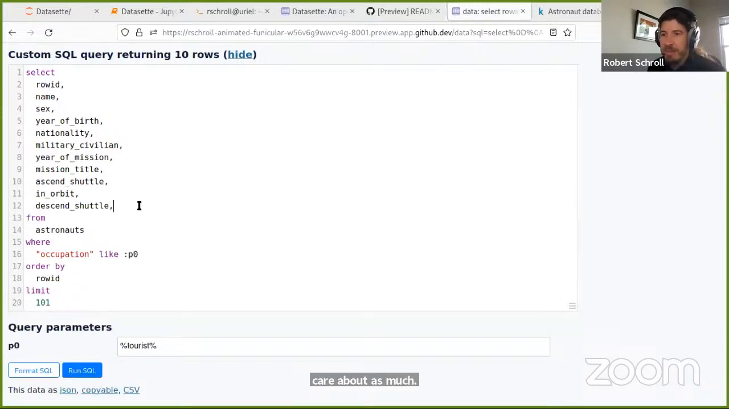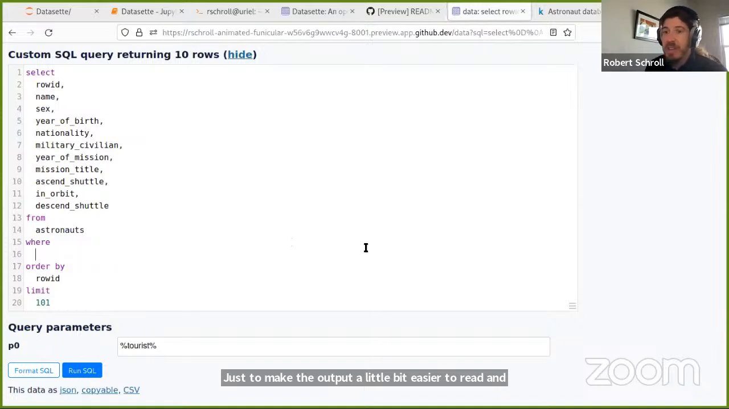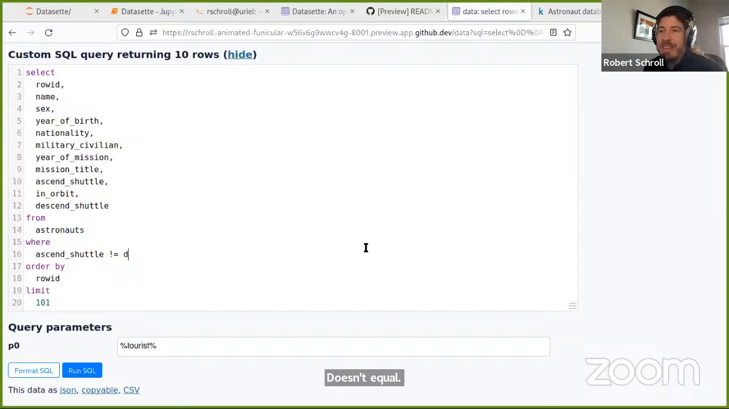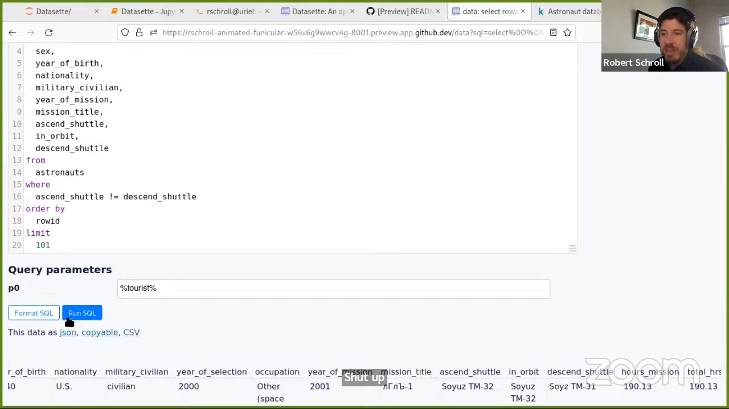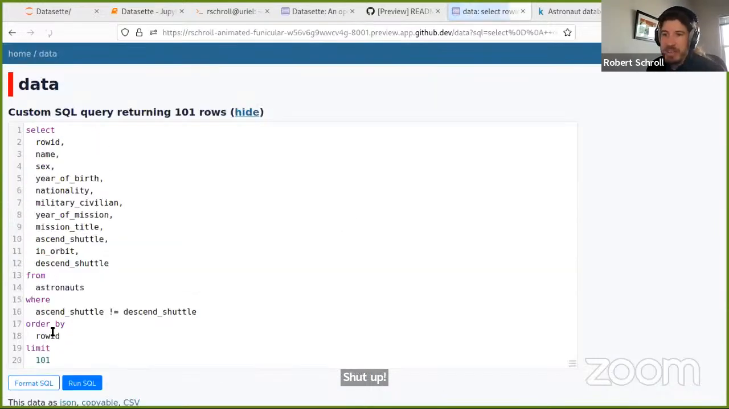Just to make the output a little bit easier to read. And now I'm going to write my own where clause here. I want to see things where the ascend shuttle doesn't equal, and if you didn't know it, you can do that with the bang equals sign, the descend shuttle. And now if I run that query,